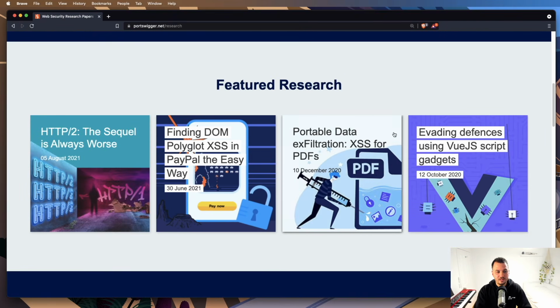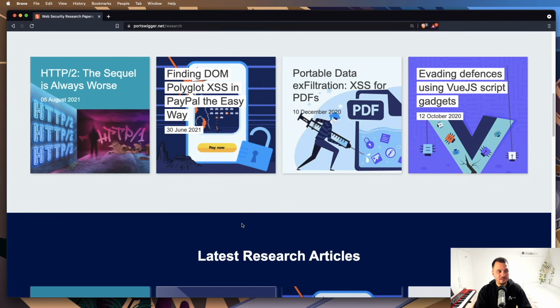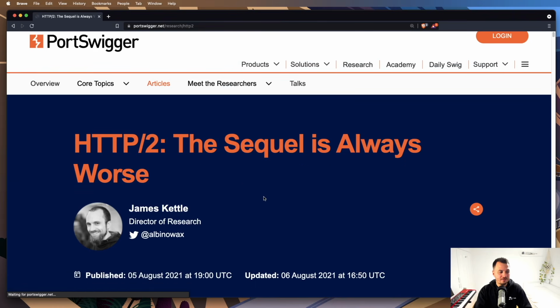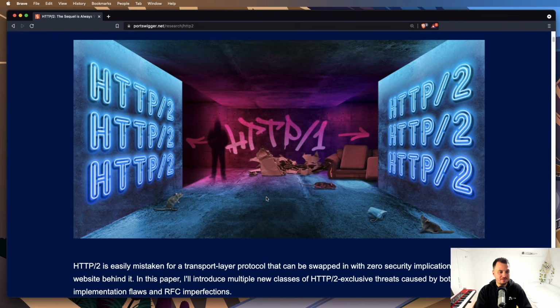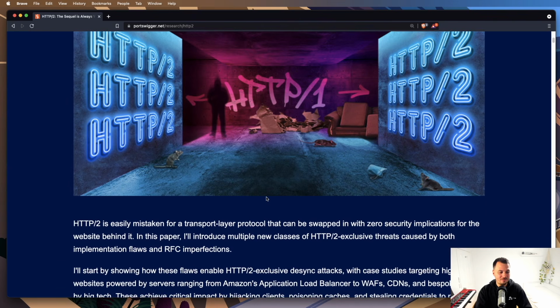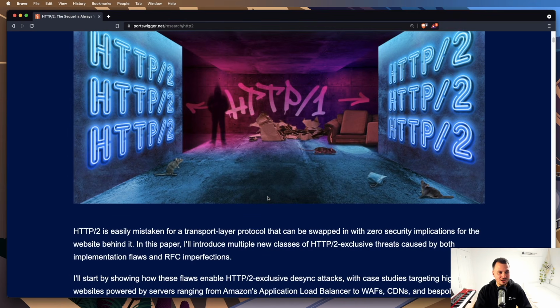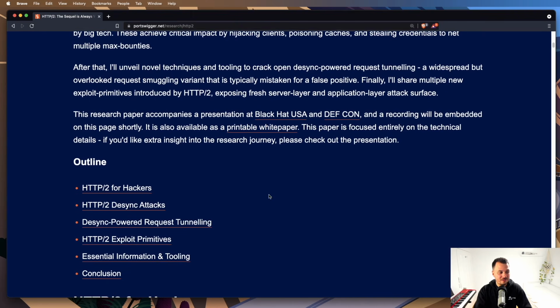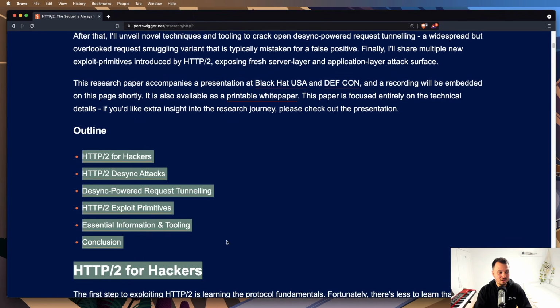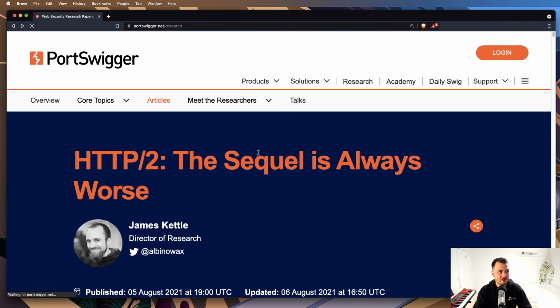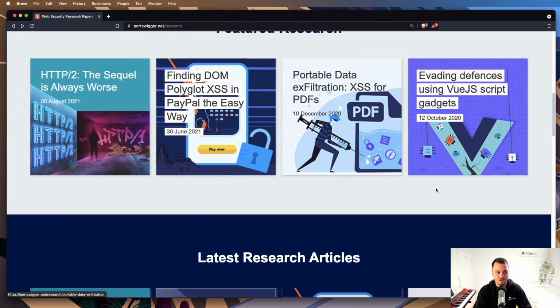So these are all the research that they've done recently. DEF CON is on at the moment, so of course Albino Wax just released this crazy research on HTTP2, where he found these different ways in which HTTP2 has been implemented that basically have huge security implications for a lot of different organizations. So yeah, you can check that out here, along with a whole bunch of other security research,